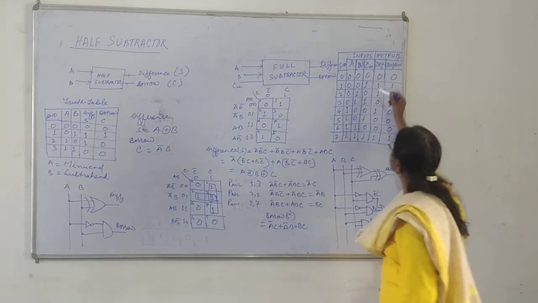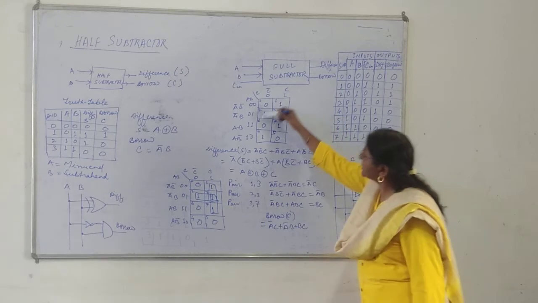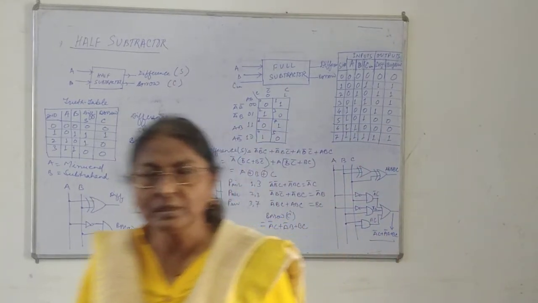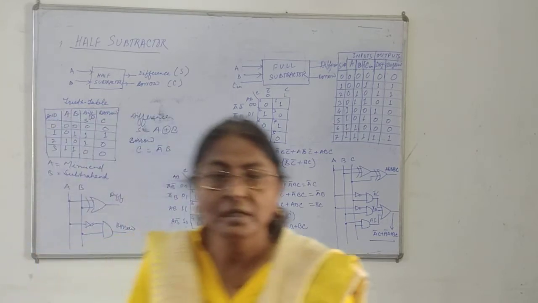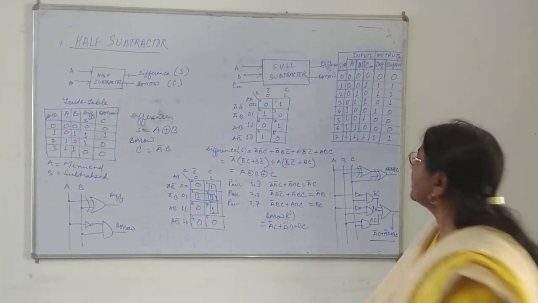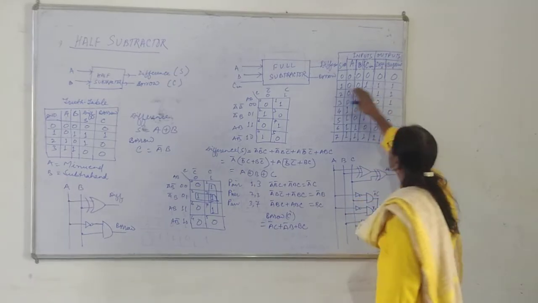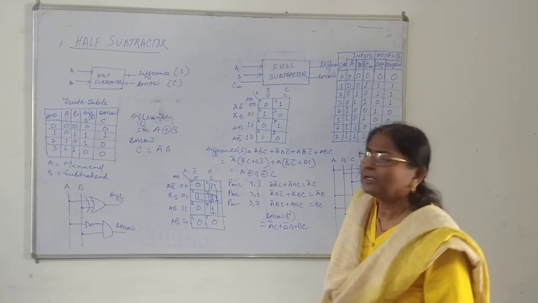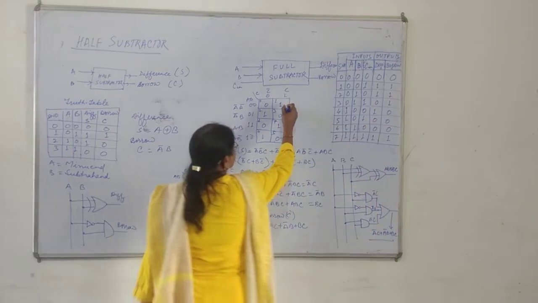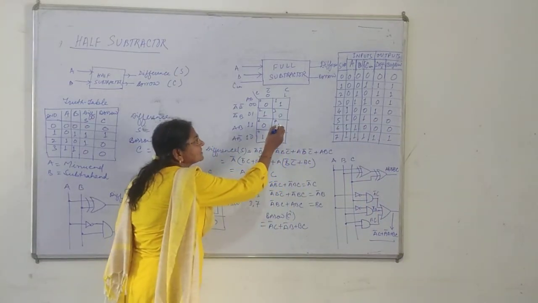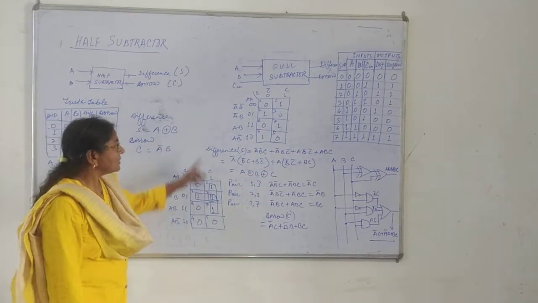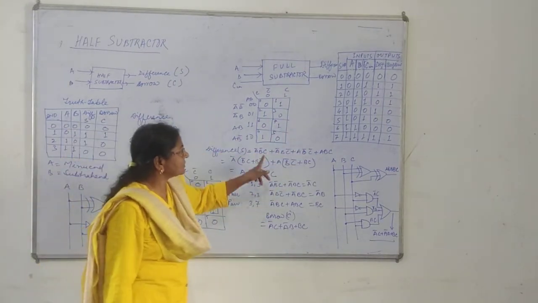And now I have put this output into this particular map. Because I am always using the SOP, sum of product designing technique, I will consider only those input combinations for which the output is logic 1. So here 1 is at this place, this place, this place and this place, and the remaining 4 places contain 0. Now I have written the equation for this difference.